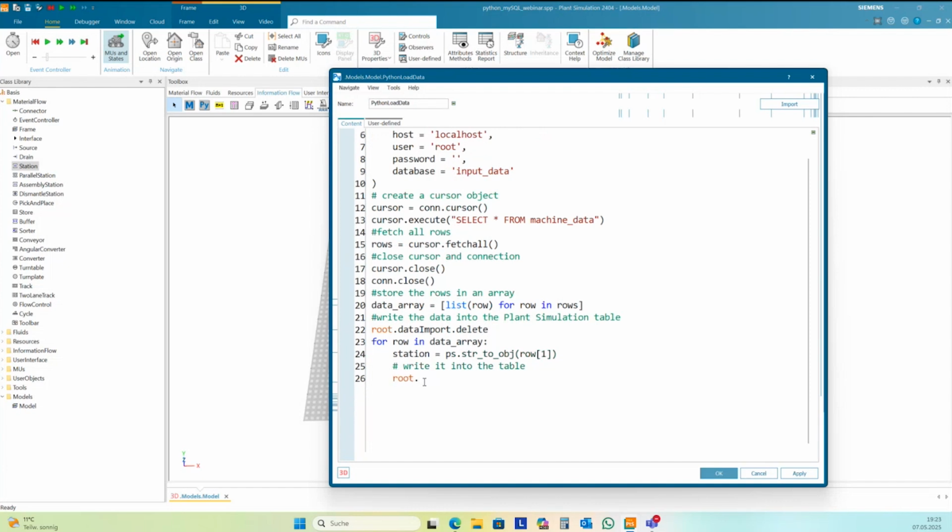Loop, root, data import, point, write row. And now it's SimTalk here. We start with 0 because I want to write the station into the row index.